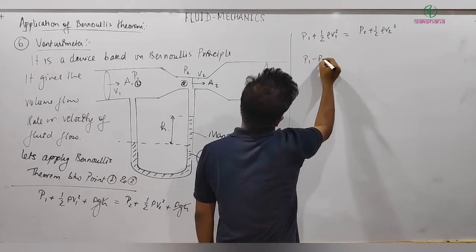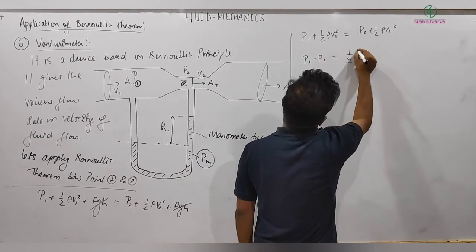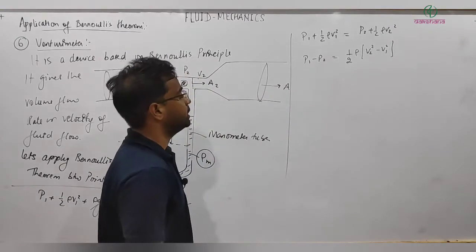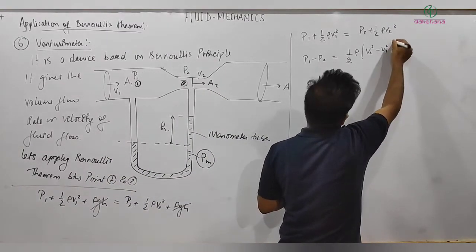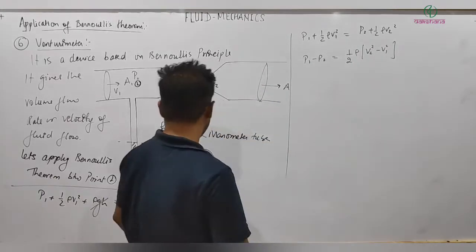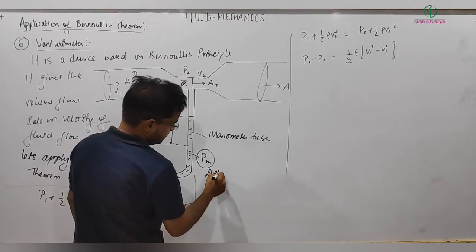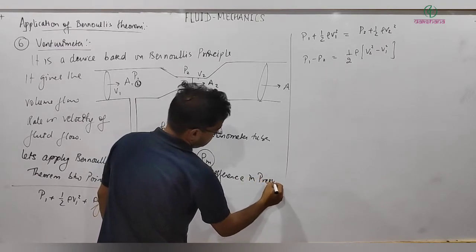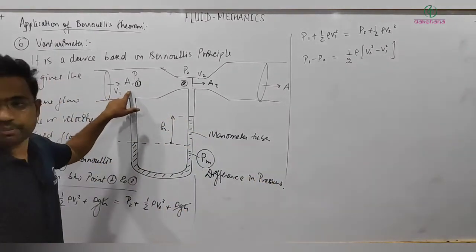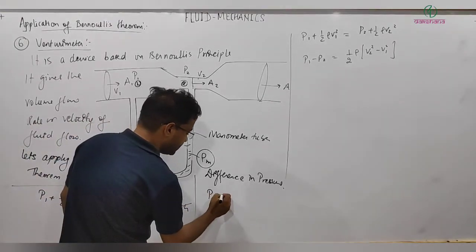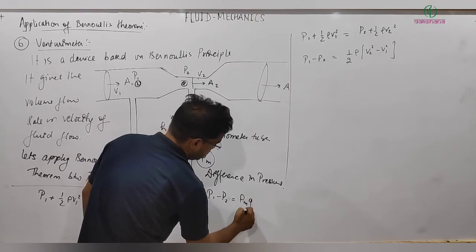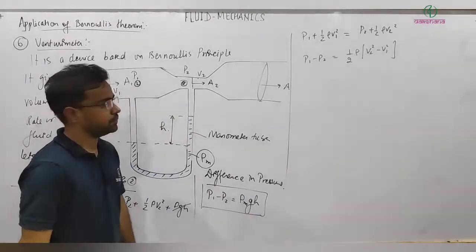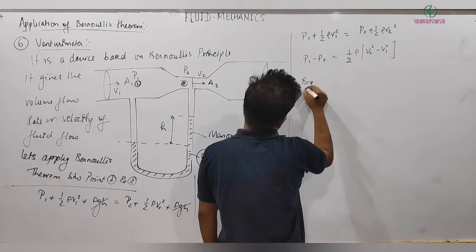Bringing it this side, P1 minus P2 is equal to 1 by 2 rho times V2 square minus V1 square. Okay, we got it up to here. Then P1 minus P2, the pressure difference, will be equal to what? The difference in pressure we can measure. Here definitely pressure P1 will be higher compared to P2, and we can directly measure by the manometer tube rho mercury into g into the difference in height of the mercury level in the two tubes, that is rho m g h. And by continuity equation